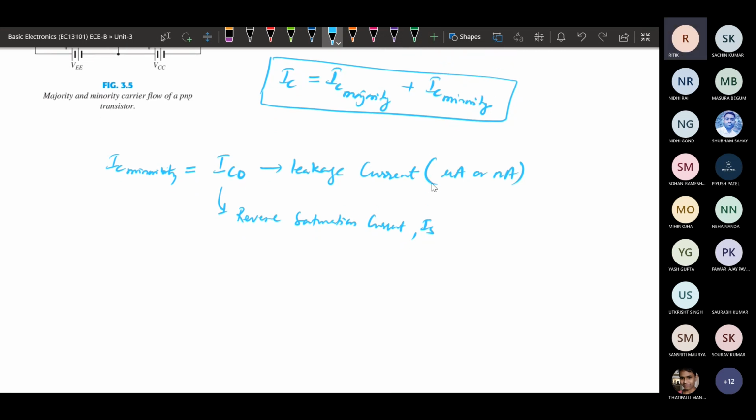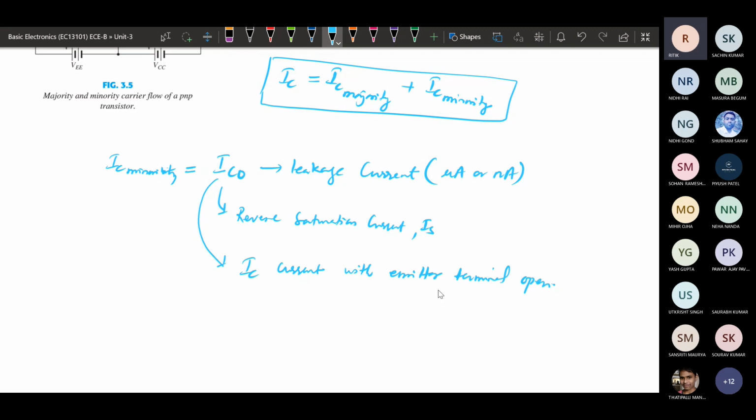And it is named ICO. So ICO stands for collector current with emitter terminal open.